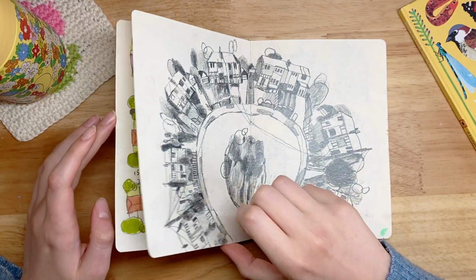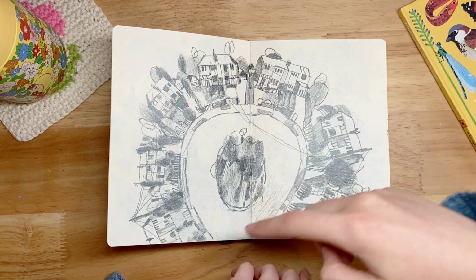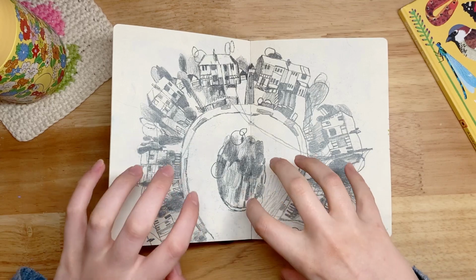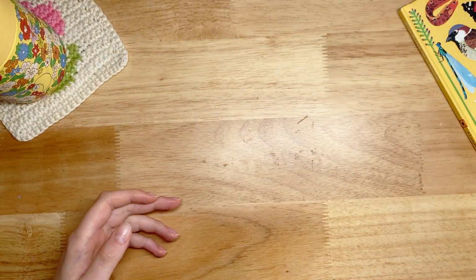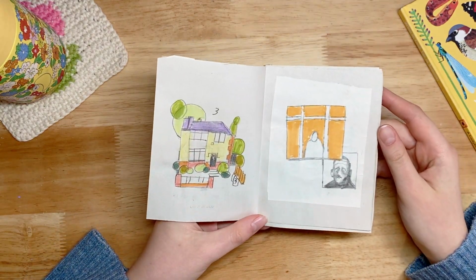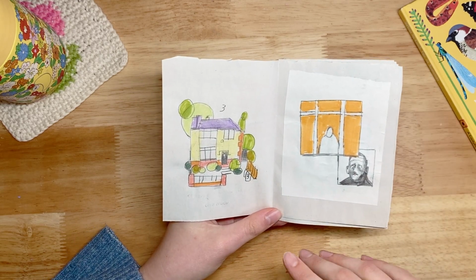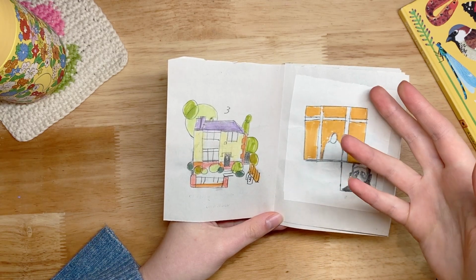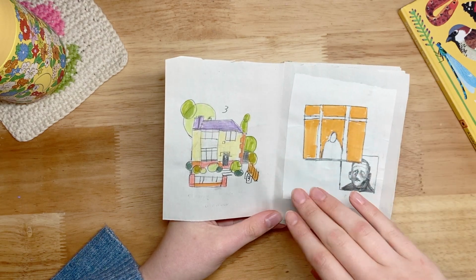This was using Google Maps. I was doing the bird's eye views of all the houses. This was a little drawing of the end bit of my street, really scribbly. And you know what, that's all the stuff in this sketchbook for this project, because I did a lot on loose sheets. I made this little book very quickly again, not good sketches, and I just really wanted to quickly get down all the knowledge I had of the street, which was very, very limited, because obviously I didn't live there that long, and when I came home any opportunity I could get, to be honest,